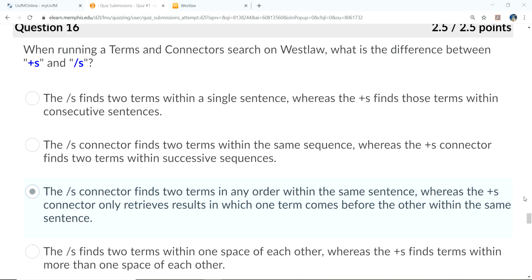And I chose attempt 2, question 16, and that question is, when running a terms and connectors search on Westlaw, what is the difference between +S and /S? And if we look at the answers that we can choose from, the first one being